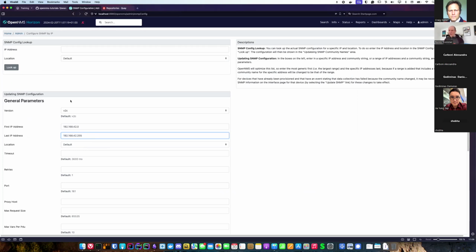You can set a community for a whole range. Because the Linux systems are in the same network as the core system, we don't have many minions involved. We use the location Default. That means the OpenNMS core system is talking directly to the agents. If you deploy minions with multiple locations, you can pick the locations here, so you can make more specific SNMP configurations.